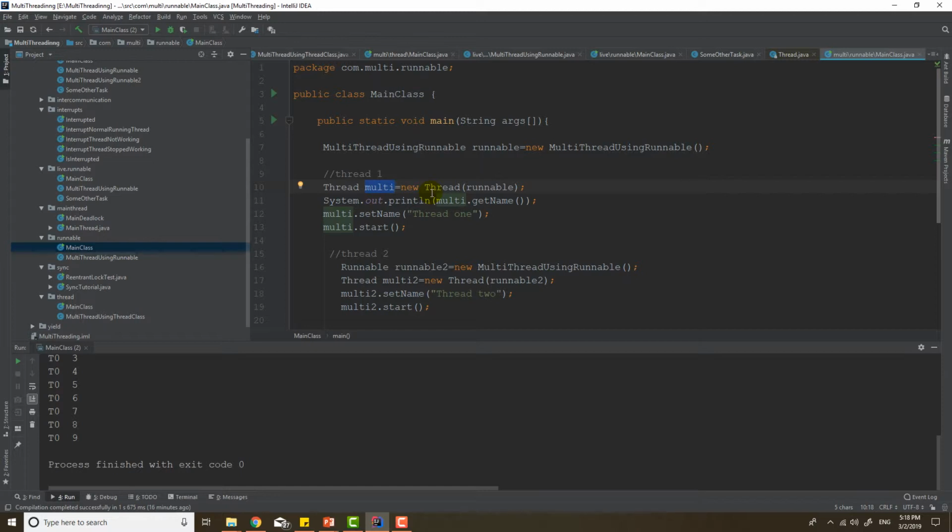So basically the index starts from 0. So when we do System.out.println of multi.getName, it will print Thread-0. Now we are saying that we do not want the name to be Thread-0. You set the name as Thread-1. Okay, and now you do the start and it goes to the run method and executes as a separate